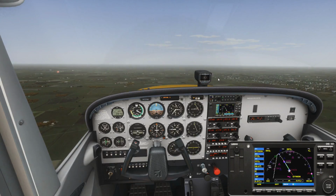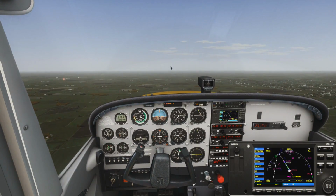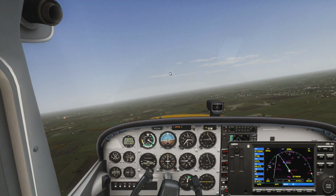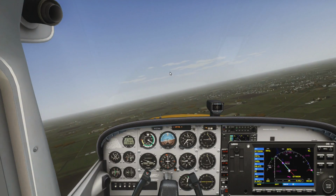Show it on nav. See if the localizer will work. I'm kind of doubting she will. It didn't seem like it was. Well, actually, she is. Because I was looking in the chart and everything, and it didn't have anything about the localizer. She's...